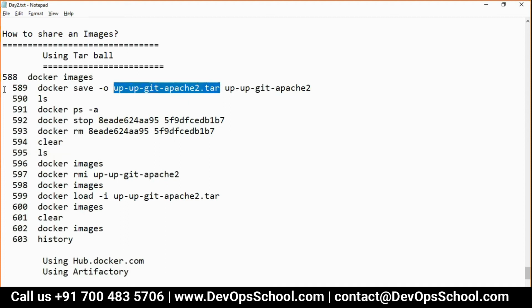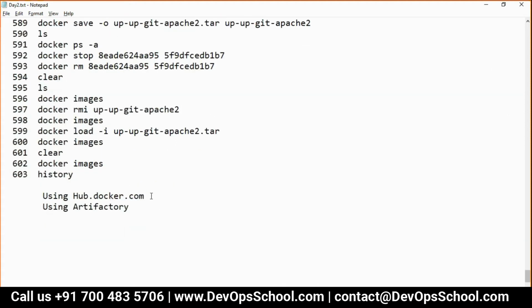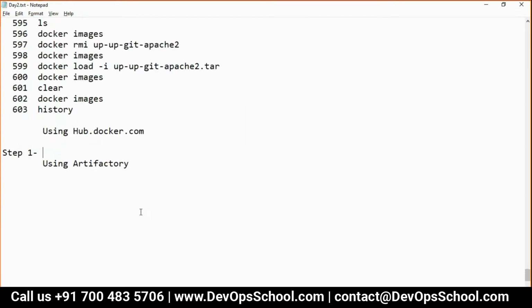Got it? Now, how can we share that image using hub.docker.com? So for that, I'm putting step number 1. I'll convert these into steps 1, 2, 3, 4, 5, so you'll remember.